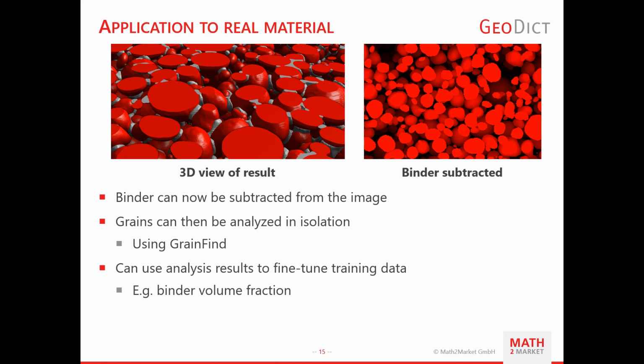And we can even go and use these metrics that we obtain with the analysis modules and use them to refine our training data. For example, we can use the found binder volume fraction in the left-hand image and see if it differs from the assumption that we made when we created the training data, and possibly adjust the generated binder amount and retrain the neural network. As I said, this result was achieved with a training phase of only 1 night, so you can do a lot of experiments.